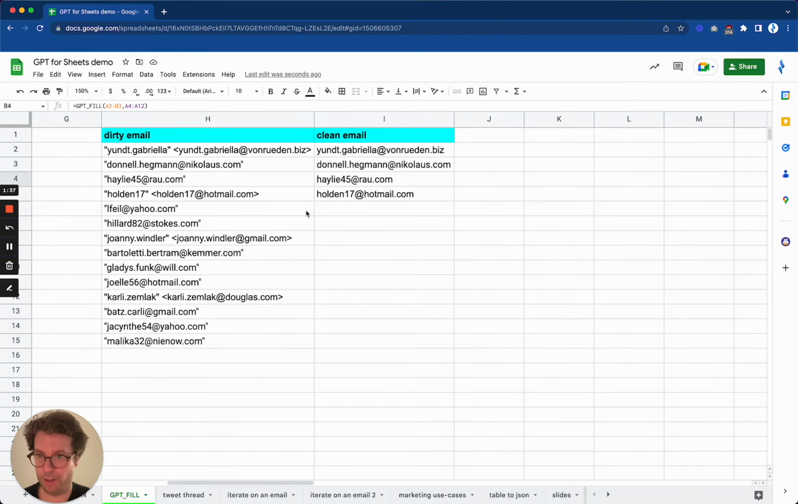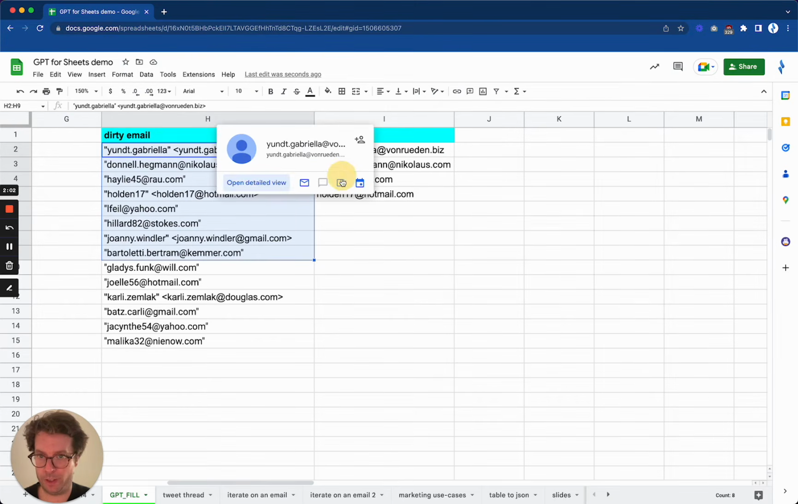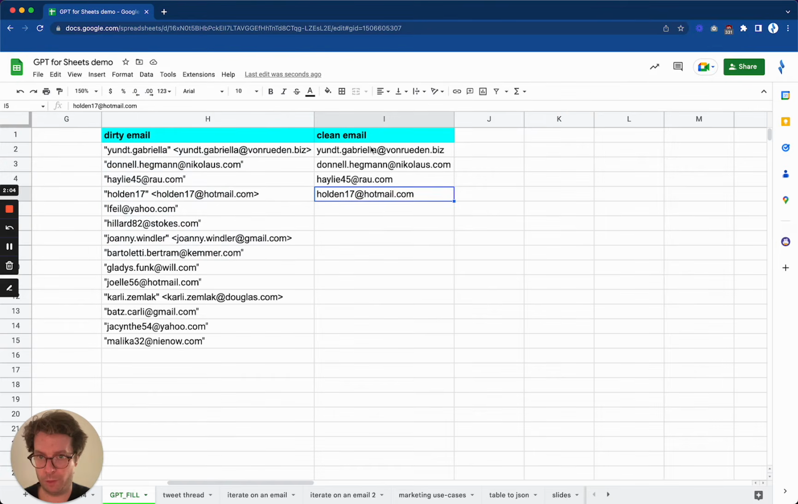Well, here I have a list of emails. As you can see, these are all fake emails, of course, but let's say that you copy pasted that from a Gmail thread or something, and you cannot use those emails as they are. You need to remove all the quotes and weird stuff that's in there. So I put a few examples manually here of what I would expect to be the results, and then all I need to do is, again, type GPT fill,